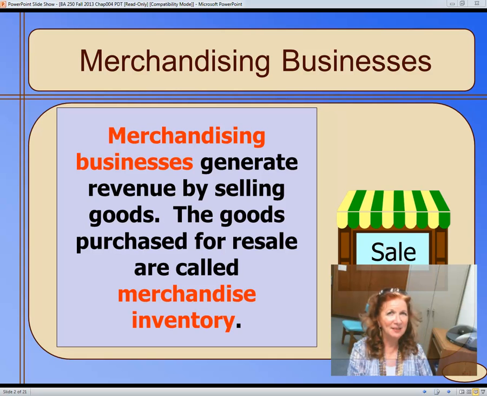They're a business that sells to consumers, and they can be wholesale as well, but generally wholesale is between businesses. And so a merchandising business can be wholesale, but we tend to think of it as a retail operation. Looking at page 208, you have another one of those pages of account titles, account balances, a comparative balance sheet